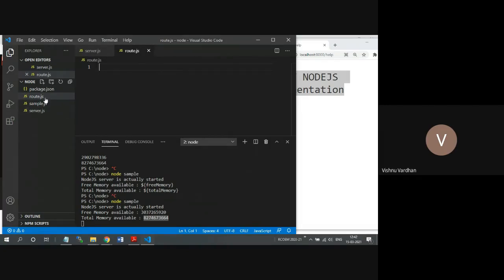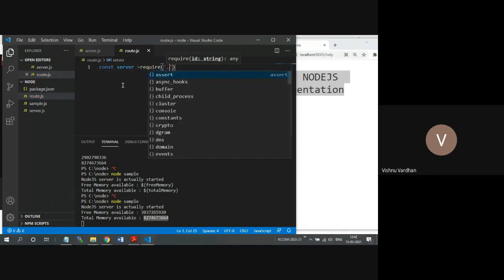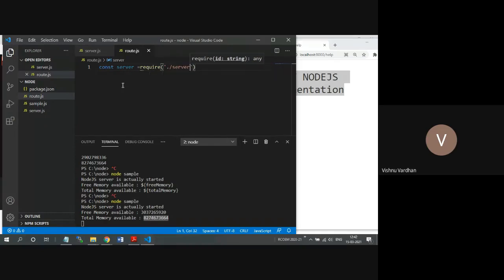Now I have created one route.js in which I want to provide some different routings for my web project. So how to do that? First of all, you require getting a server. Take this server, because we have already created it by taking server.js, so that all that server-creating functionality is coming into this file also. Then one more